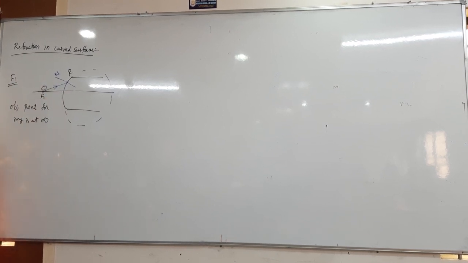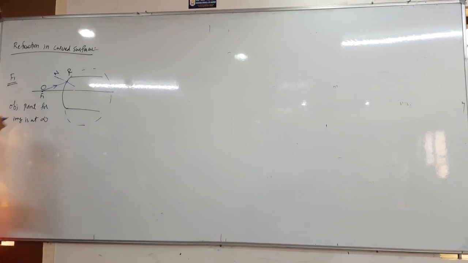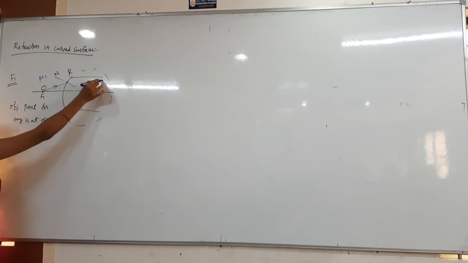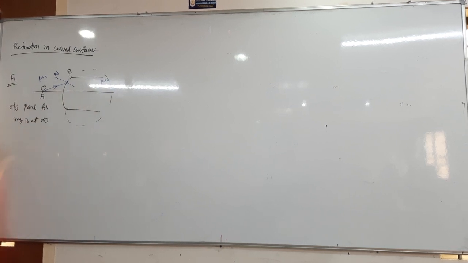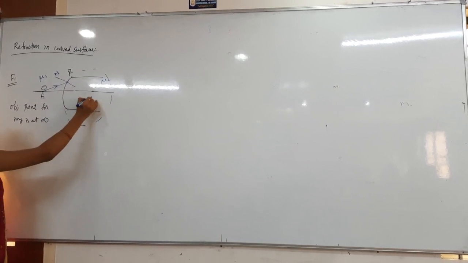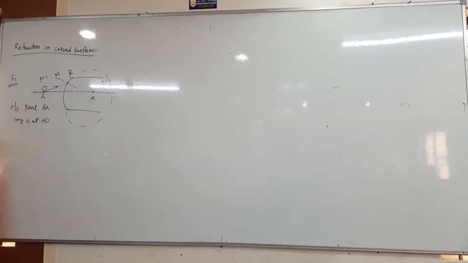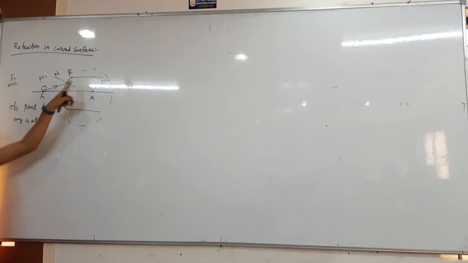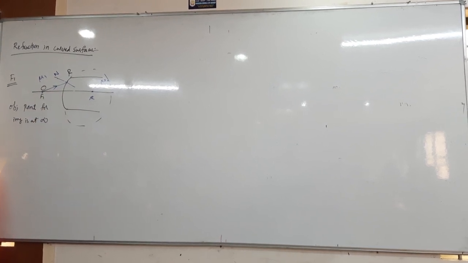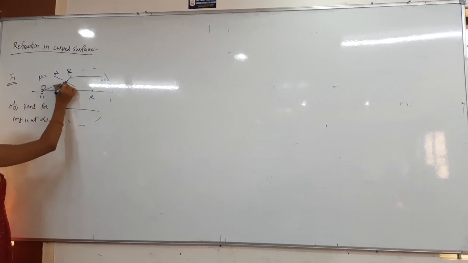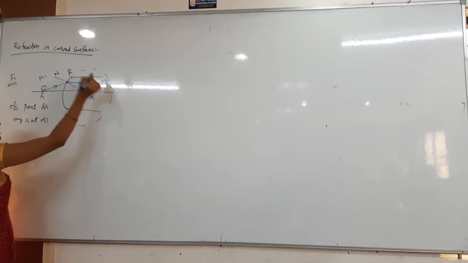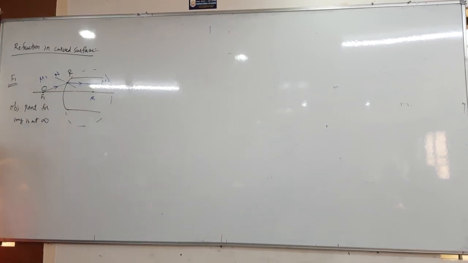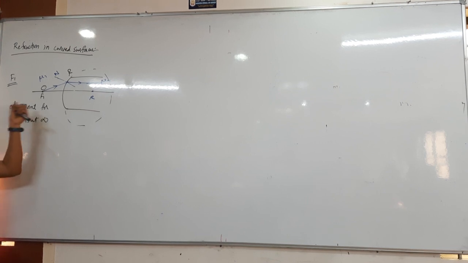Now is this mu1 or mu2? This is mu1, the refractive index of the object medium, and obviously this will be mu2. The radius will be somewhere here, of the full sphere. Here the ray is entering from the rarer medium to the denser medium. What happens? It will bend towards the normal, like this it is bending, and then it travels like that till infinite distance. That is F1, focus 1.